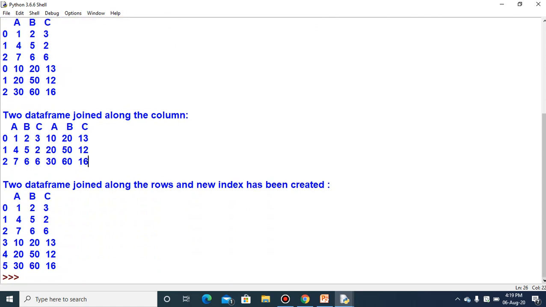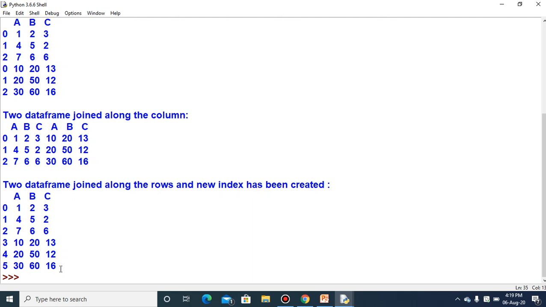And in the third case, I have used the parameter ignore_index equal to True. In that case, the data frames are again joined along the rows, but at the same time you can see that the index or row label has changed accordingly: 0, 1, 2, and then it was not 0, 1, 2 but afterward 3, 4, 5. So a new index is created when you specify ignore_index equal to True.